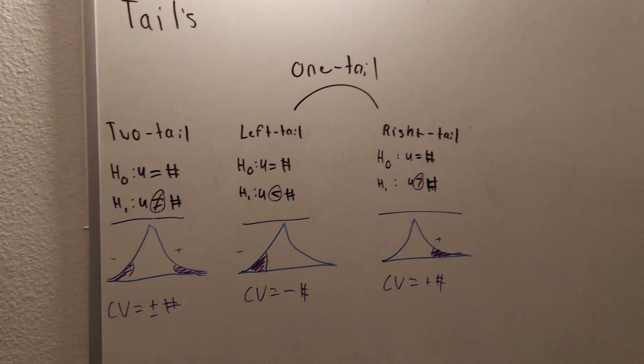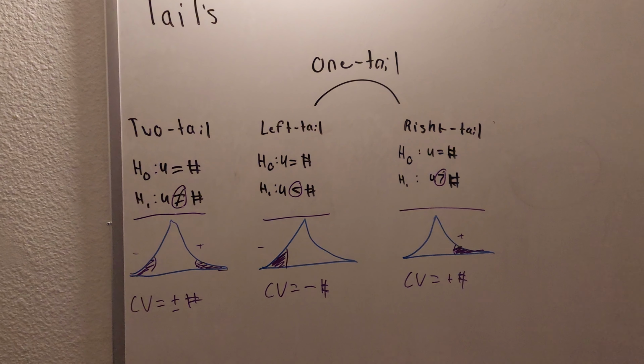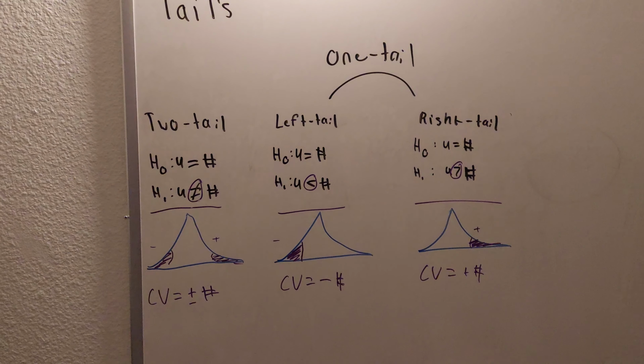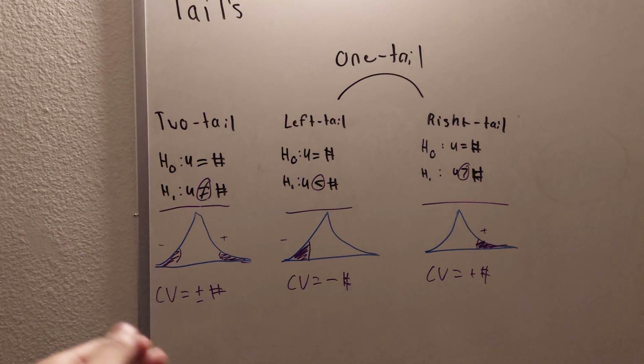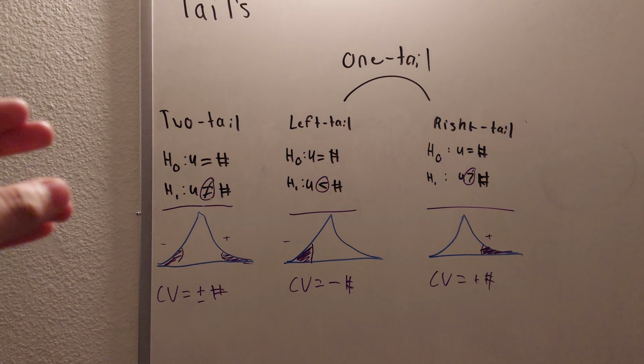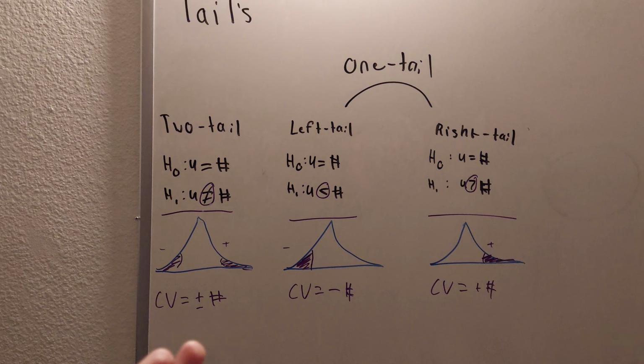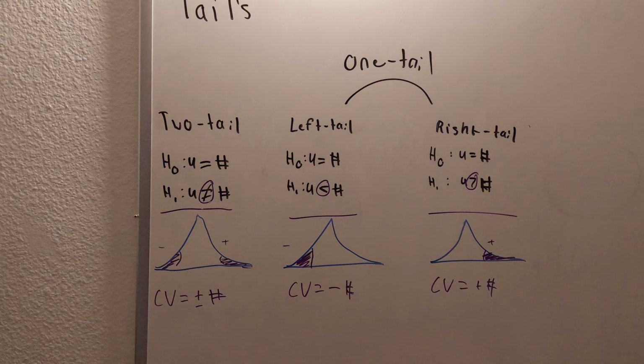So that's the subject of tails. It's kind of brief. I really hope this helps. The way I use this is obviously with the critical value seen below. The critical value has an undetermined status, so we use the tails to determine the status: two-tail, plus and minus; left tail, minus;